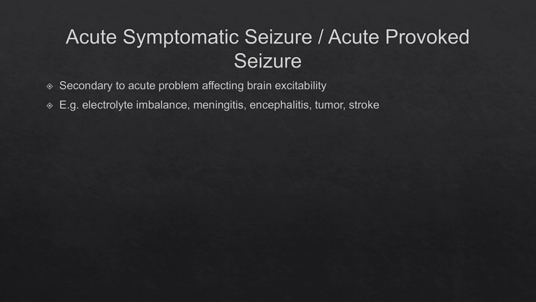So basically, suppose a patient has had profuse diarrhea and profuse vomiting and that has resulted in an electrolyte abnormality, for example like hyponatremia or hypokalemia or hypocalcemia, something like that, and the seizure has developed as a result of that, then we'll call it acute symptomatic seizure. So acute symptomatic seizure and acute provoked seizure are basically caused by something affecting the brain excitability. This must be ruled out before calling febrile seizure, like we discussed in the previous slide.